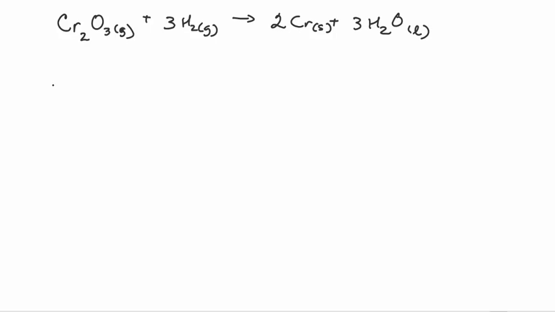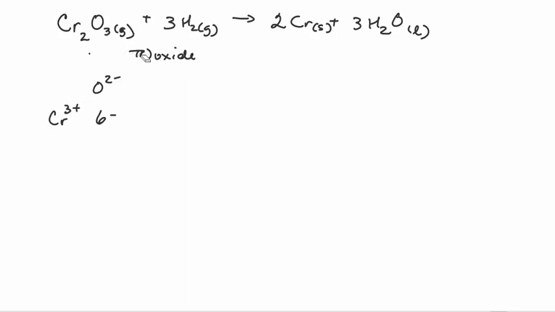There are 3 of them, which means we have a 6- from the anion side. We have 2 chromium, so in order for this to even out, because we have 2 of them, this must be a chrome 3. So this is chromium(III) oxide, and it's reacting with hydrogen gas in order to form elemental chromium and